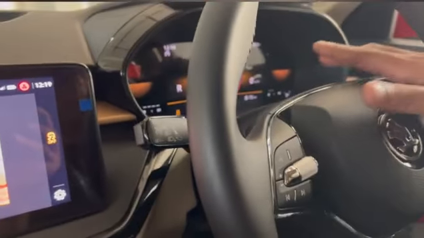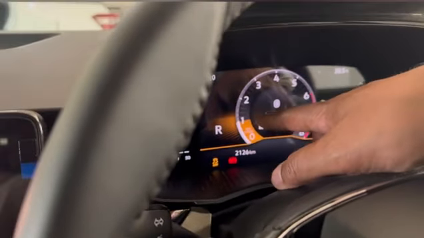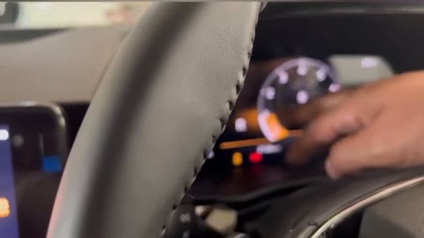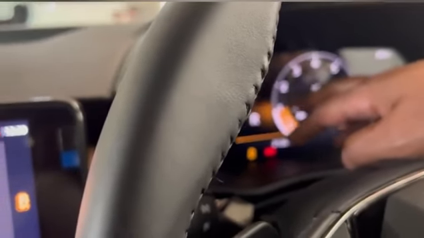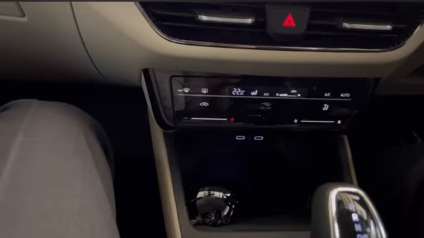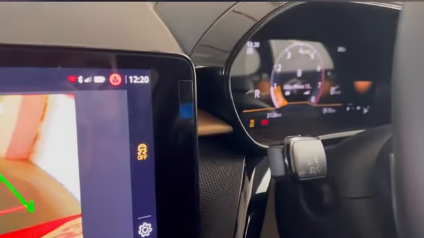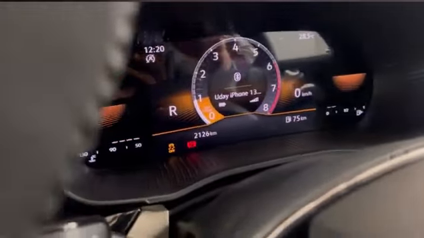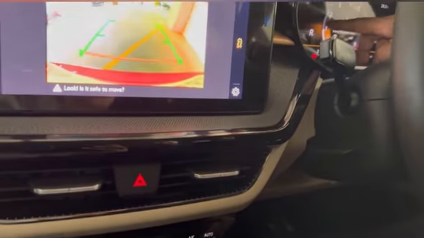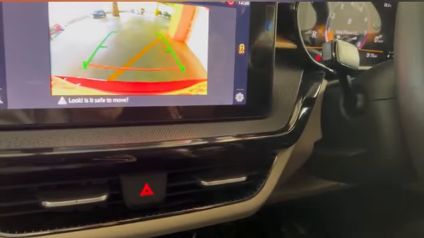I'm on reverse at the moment. Idling speed should always be at 900 RPM with the AC on. If you put the AC off, it will drop to 800 RPM. The band to drive this, especially with a torque converter transmission, is within 2000 RPM. If we exceed 2000 RPM, this car has a turbocharger, sir, like your Toyota Innova. The turbocharger activates at 1700 RPM. At 1700 to 1750, the turbocharger will open.